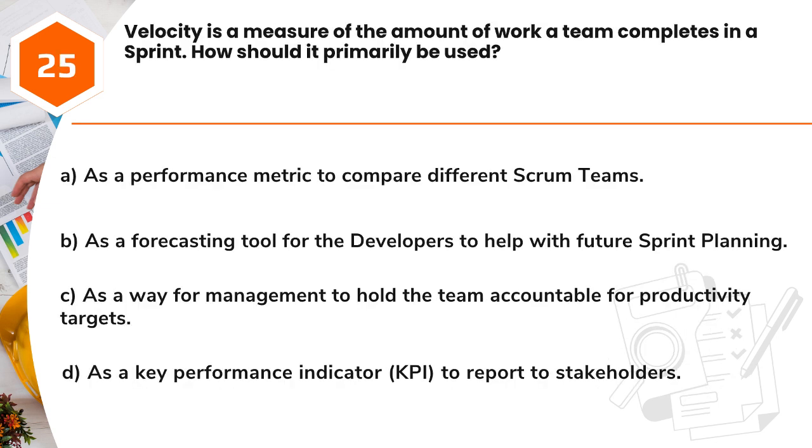Question 25. Velocity is a measure of the amount of work a team completes in a sprint. How should it primarily be used? A. As a performance metric to compare different Scrum teams. B. As a forecasting tool for the developers to help with future sprint planning. C. As a way for management to hold the team accountable for productivity targets. D. As a key performance indicator, KPI, to report to stakeholders. Answer: